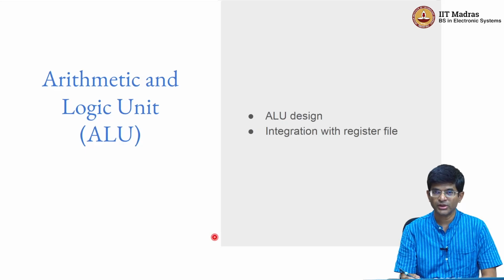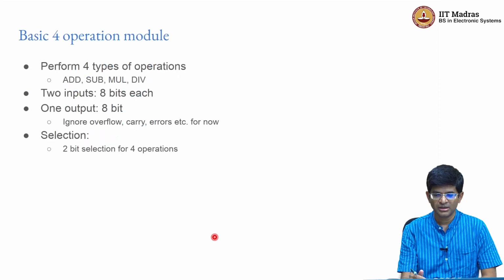Okay, so we have looked at the register bank side of things in some detail in terms of how we would break up a computation into steps. Now let's look a little bit deeper into what the arithmetic and logic unit looks like, right? So let's take a look at the kind of ALU that would be required for our specific case,